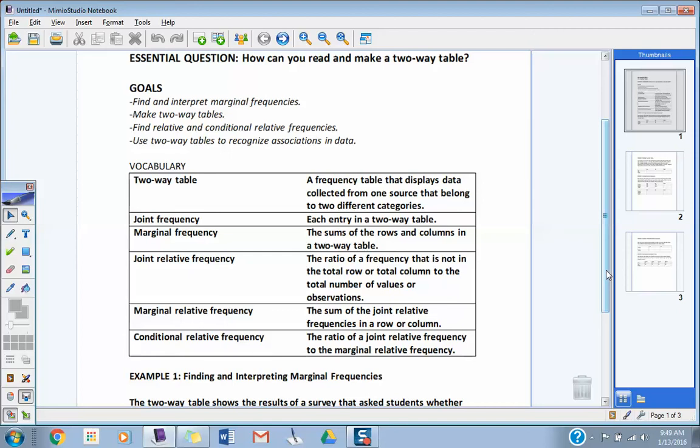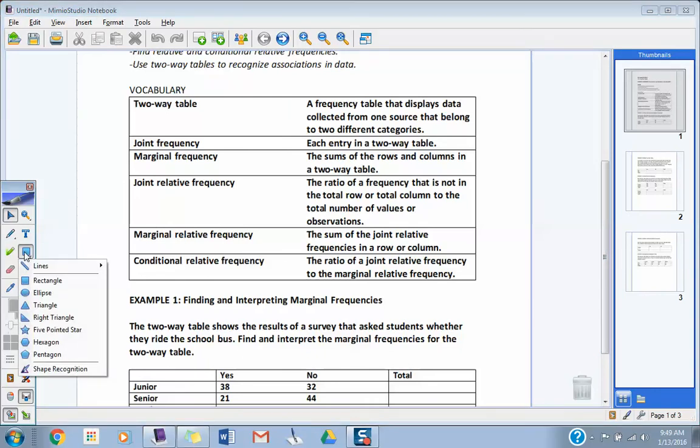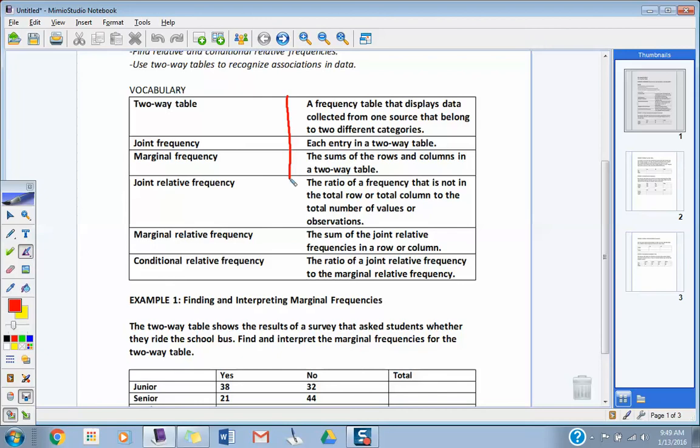Okay, so I just want to read through the vocab. I'm going to put some shortcuts up here, and I think that as we move through the examples 1 through 5 today, the vocab will make more sense to you. So, two-way table right here. How about a volunteer to read that first definition for me? Go ahead, Kaylee. A frequency table that displays data collected from one source that belong to two different categories. Okay, so how many categories are we really talking about now? Two of them. All right, and then